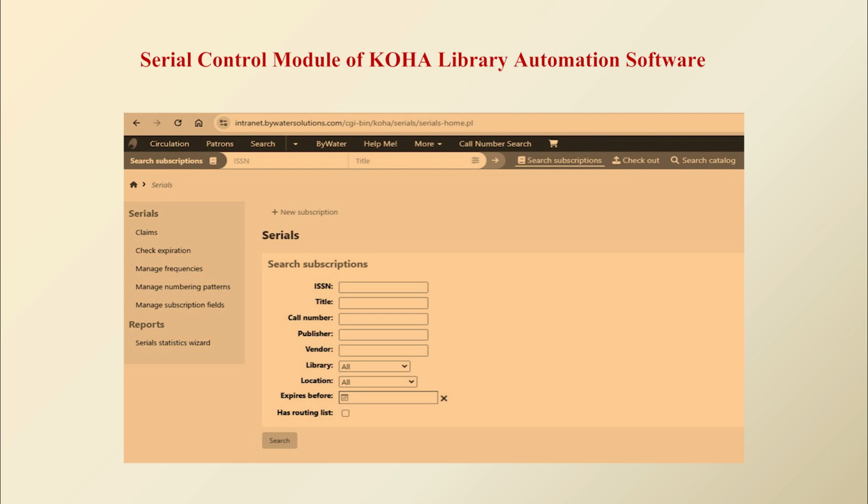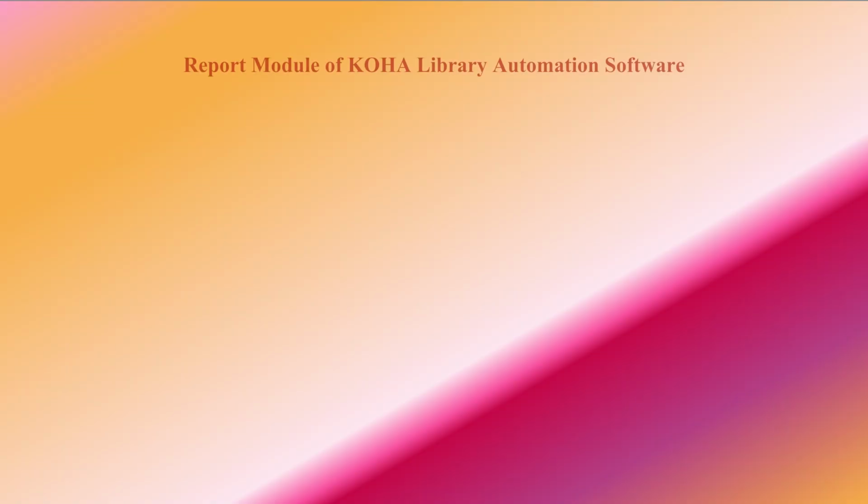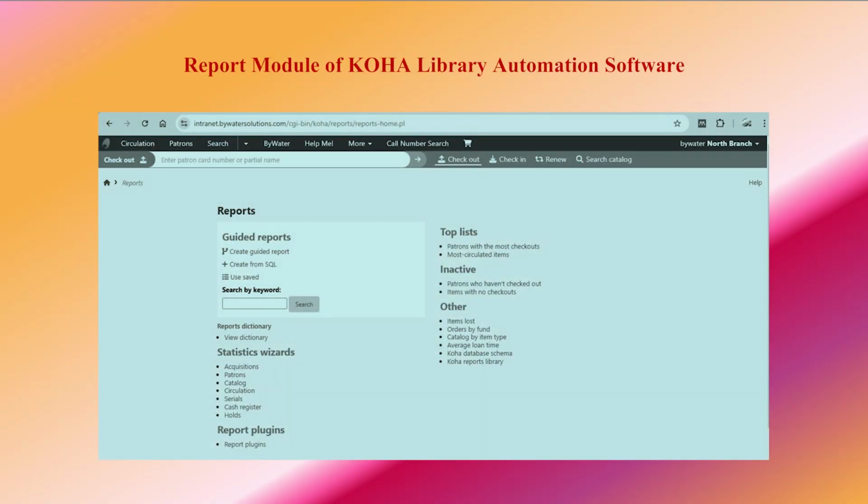All these things we could see in this module. And in this serial control module, this can be seen. Then the report module of the Koha library automation software. Koha gives you very, very fast reports, because when we use the library,